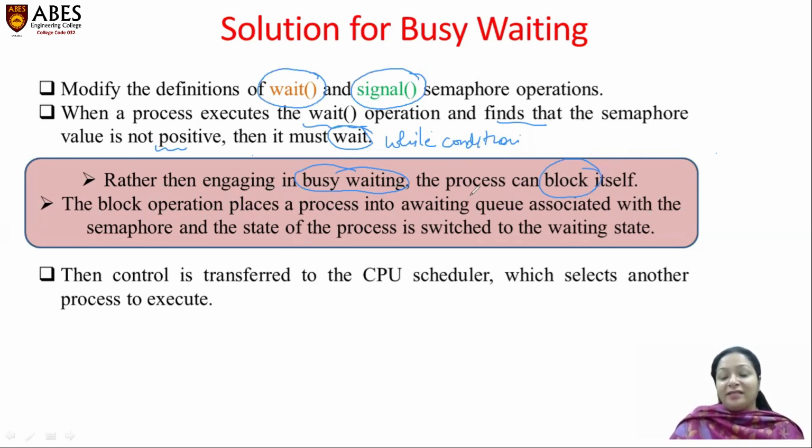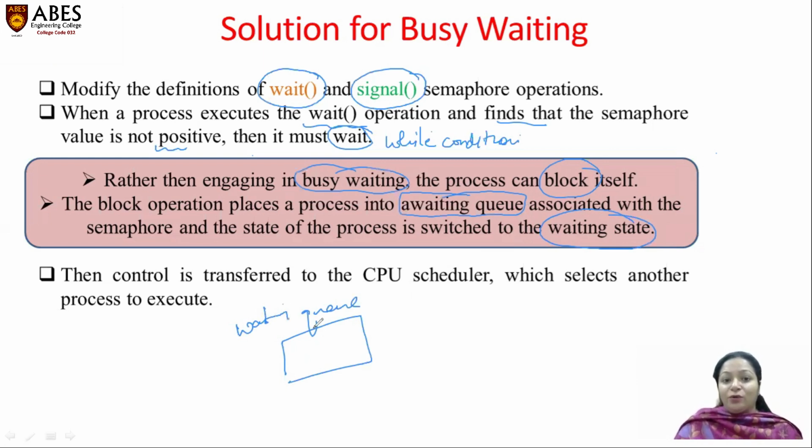प्रोसेस को ब्लॉक करने से क्या होगा, हम उसे एक वेटिंग क्यू में इंसर्ट कर देंगे और उसकी स्टेट को चेंज कर देंगे इनटू अ वेटिंग स्टेट। अब प्रोसेस व्हाइल लूप पर बार बार स्पिन ना करते हुए एक क्यू में रहेगा, and that queue is called as the waiting queue, और वहां पर उस प्रोसेस की स्टेट हो जाएगी वेटिंग स्टेट। So instead of